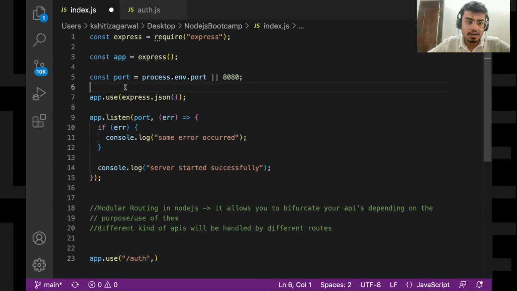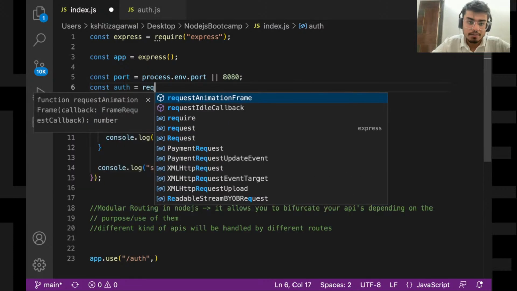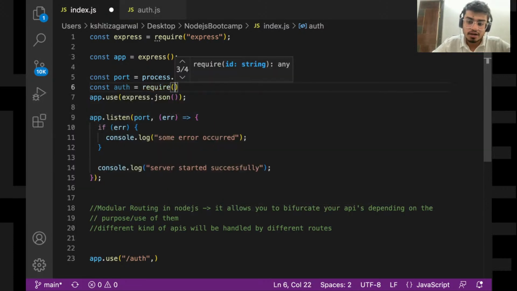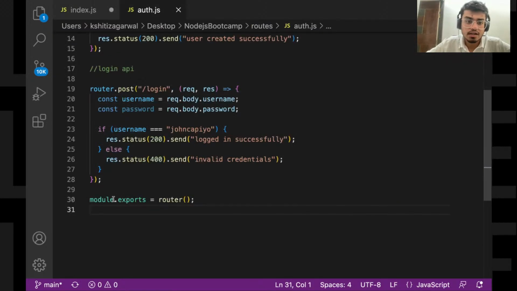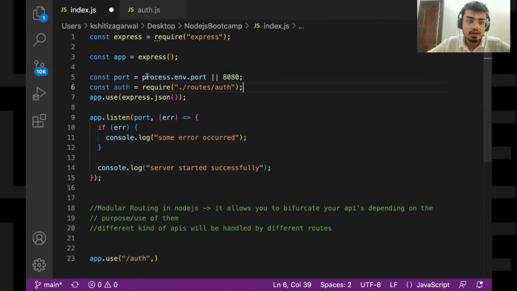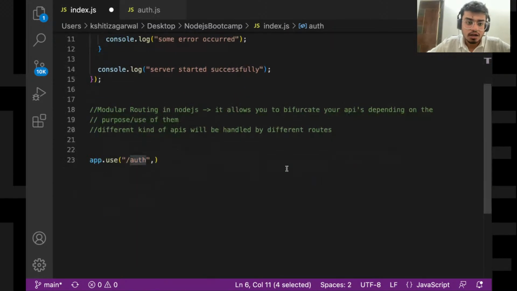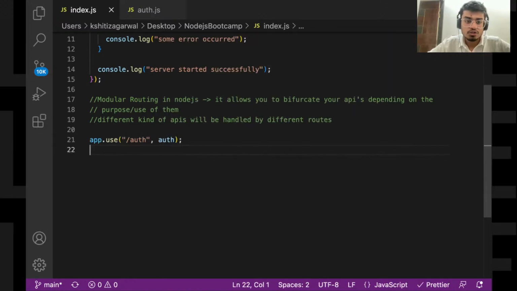So I'll take that file over here: const auth = require, and dot slash route slash our auth.js file. So that the data of this auth.js file, it will export all the data of this file and it will come inside this auth. And which file to use? Auth. That's it.